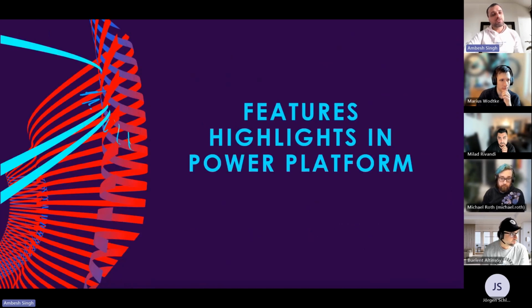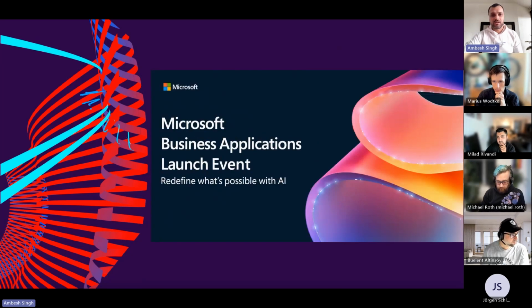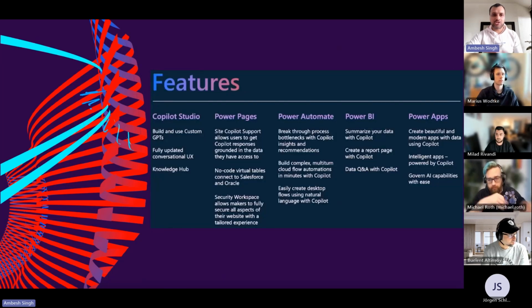Let's talk about some of the feature highlights in the Power Platform, especially what is probably my favorite one. As you know, at the beginning of this month, Microsoft came up with the tagline of redefining what's possible with AI, which was the biggest highlight of the Microsoft Business Applications launch event. Let's see how. If you can see Copilot Studio, all the AI things, it's already on top of the AI. You can build and use custom GPTs or GPT models there. You can fully update the conversational user experience,